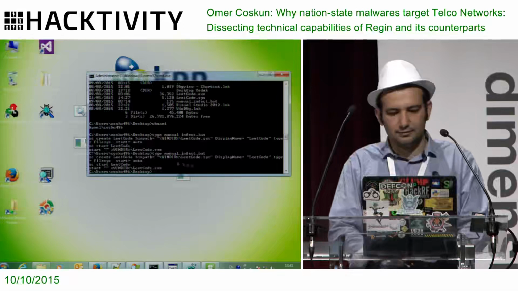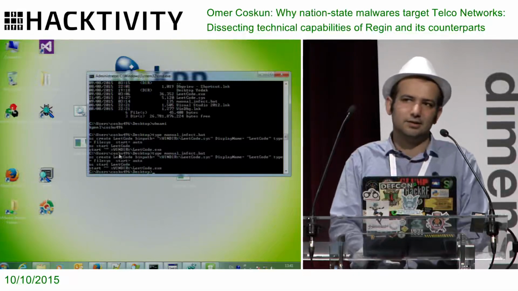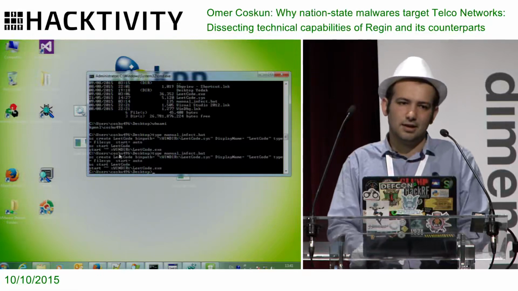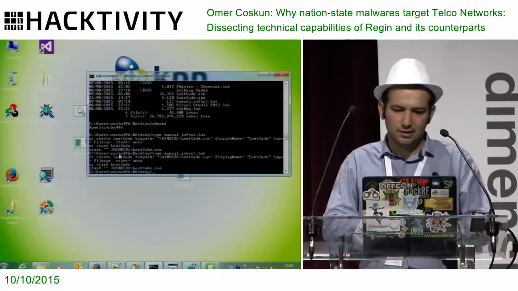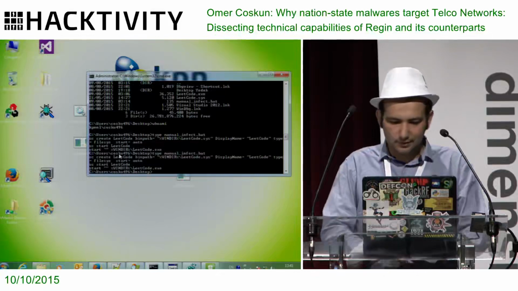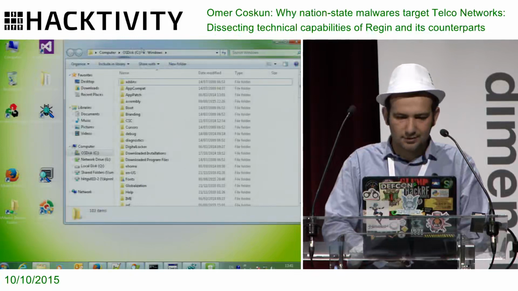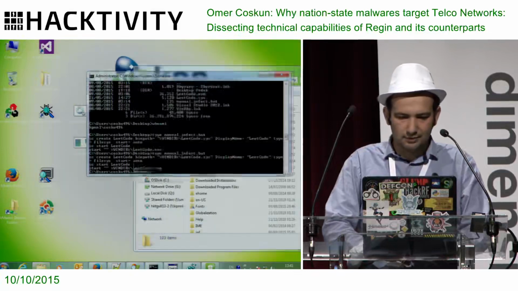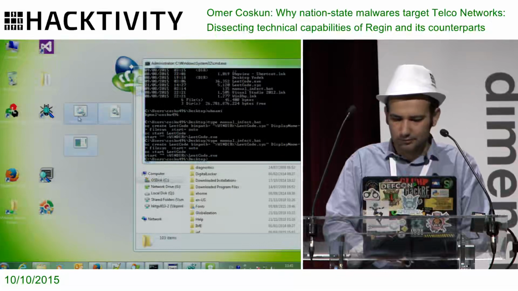Since it is not weaponized with any zero-day or packed within an executable, just a simple executable for demonstration purposes, I made it very simple. What I'm going to do is just copy these three to the Windows directory.